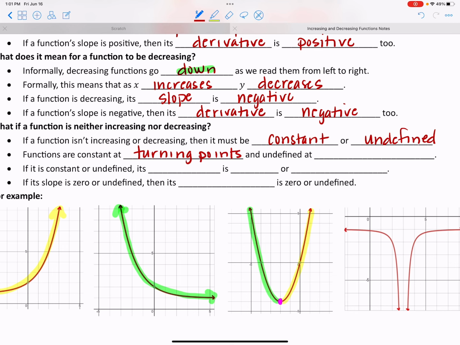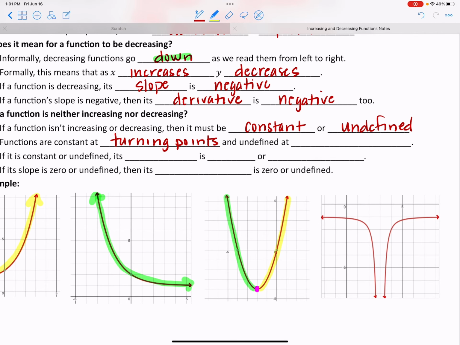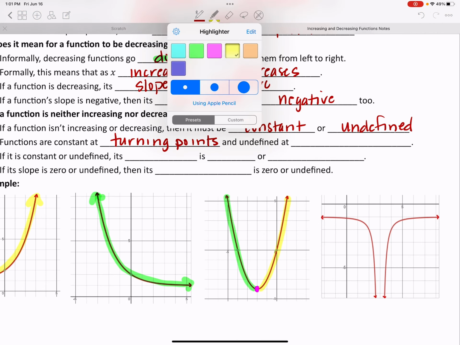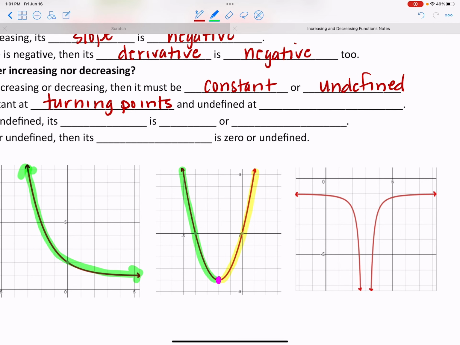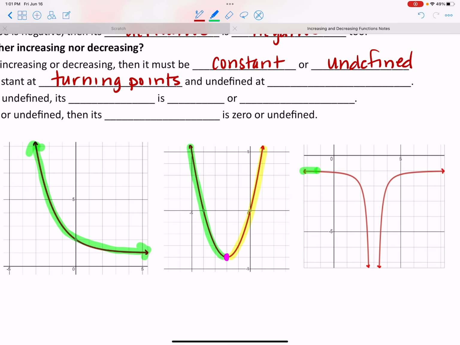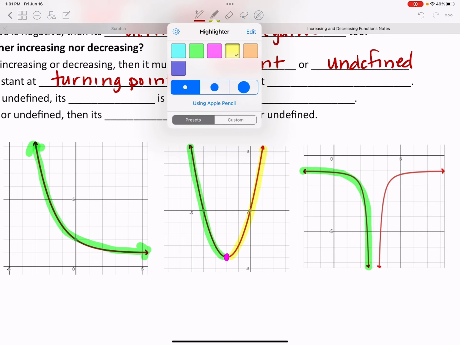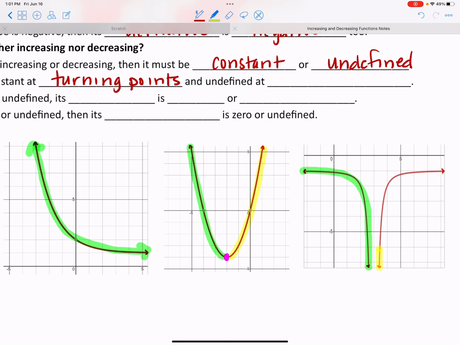And undefined over here. So if I'm looking at this next graph, the graph we see is actually different behavior. This branch of the graph we would say is decreasing as we read from left to right. And then afterward here we see this graph is increasing if we continue to read from left to right. So we're decreasing and then we are increasing, but